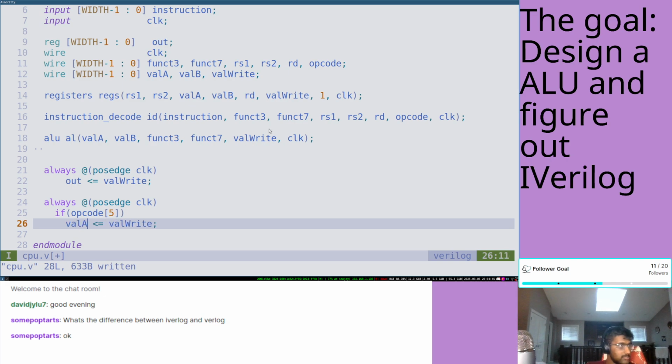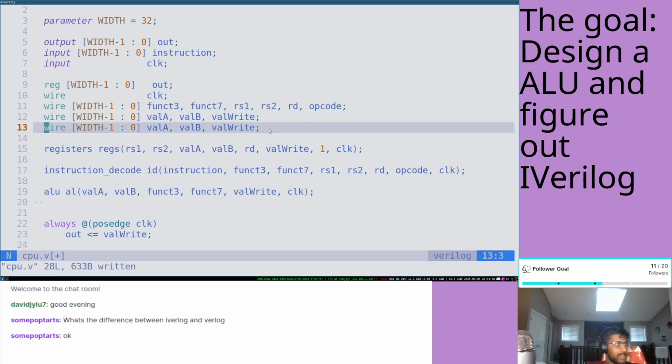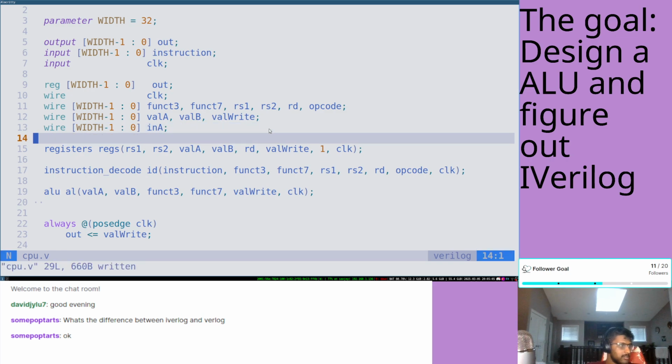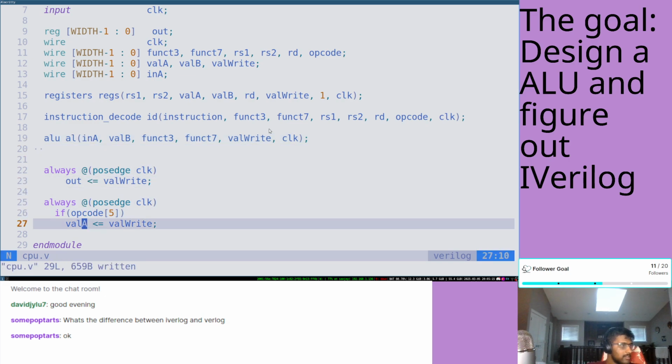val A going into the thing. Hold on. So we're going to have a val A wire. And what we're also going to have is an in A wire of the same width. Not in B, just an in A wire. And for our ALU, instead of val A being our input, we will have in A. Cool. So if opcode of 5, in A is going to be val A, else